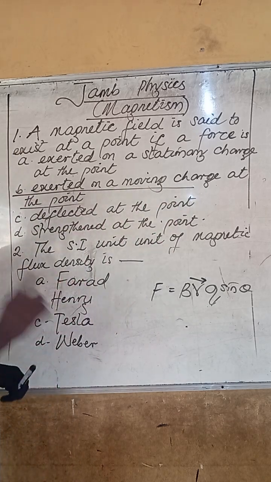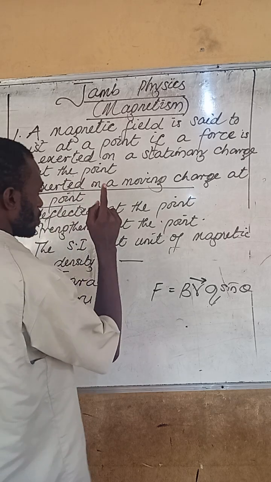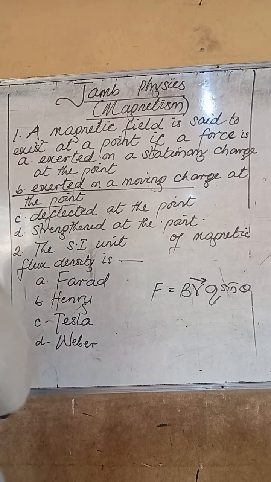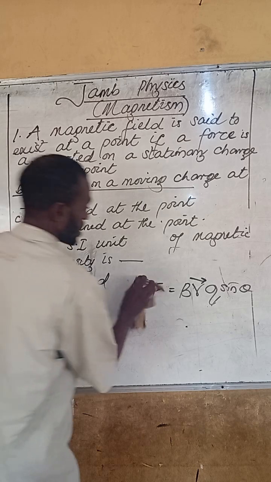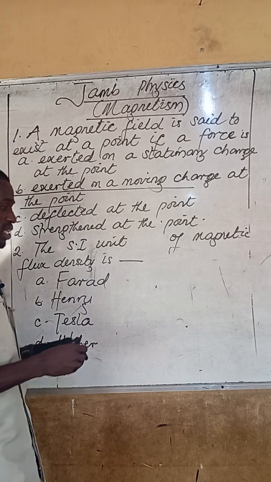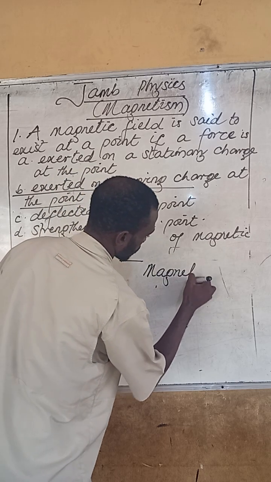All right. Then the next question says the SI unit of magnetic flux density is what? Now, what confuses students is this. We have magnetic flux